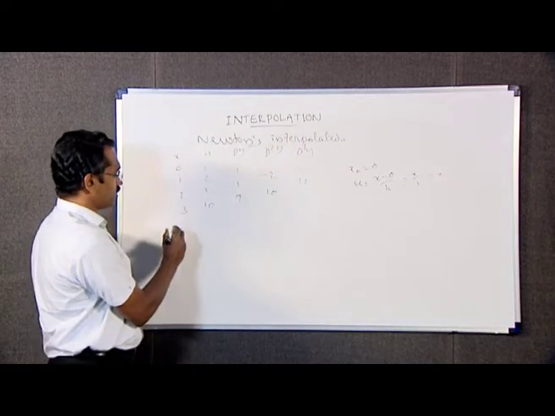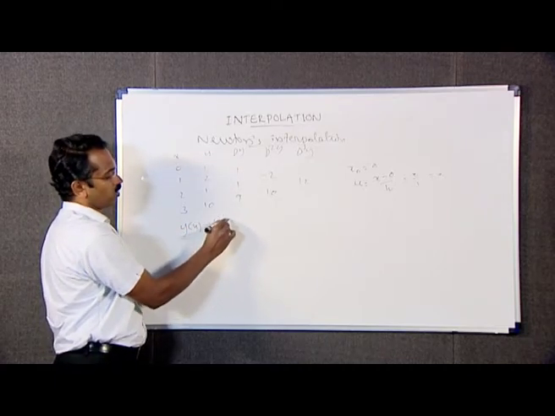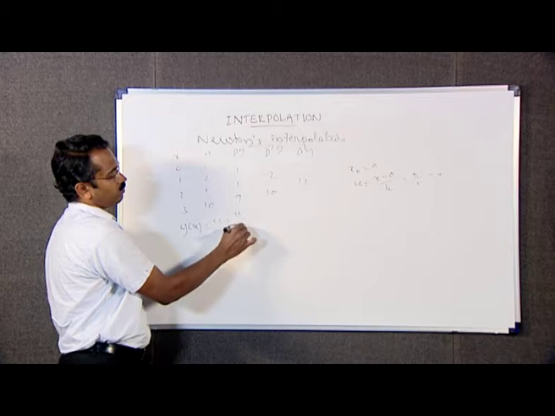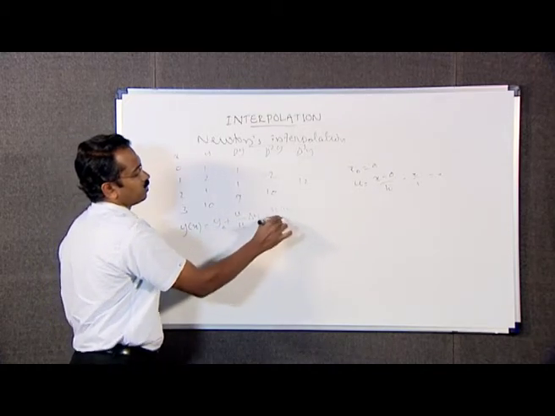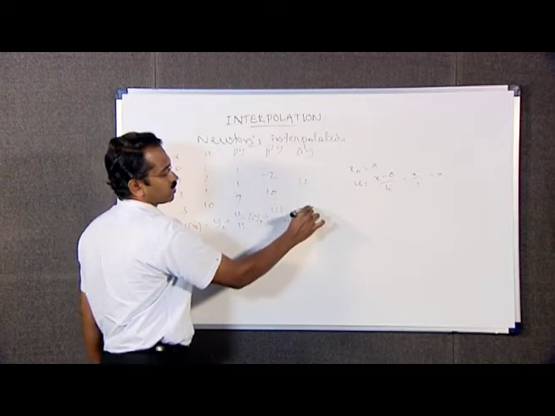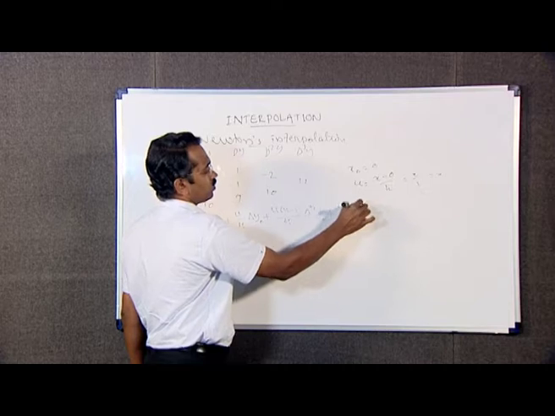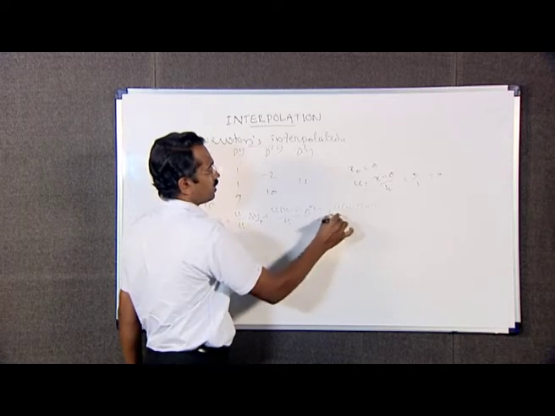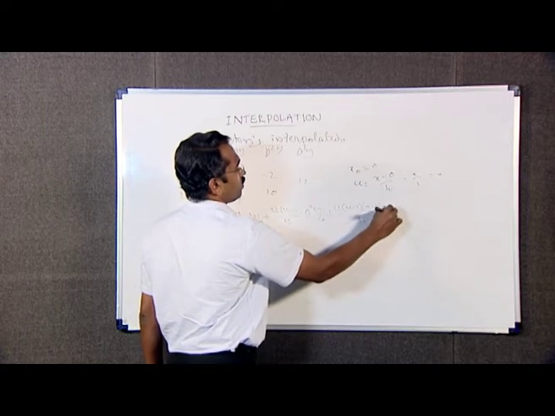Therefore, by Newton's forward interpolation formula, we have y of x equal to y naught plus u by 1 factorial into delta y naught plus u into u minus 1 divided by 2 factorial into delta square y naught plus u into u minus 1 into u minus 2 divided by 3 factorial into delta cube y naught,